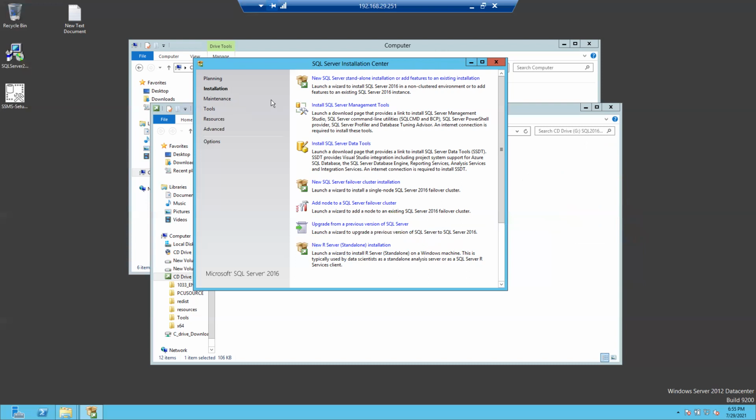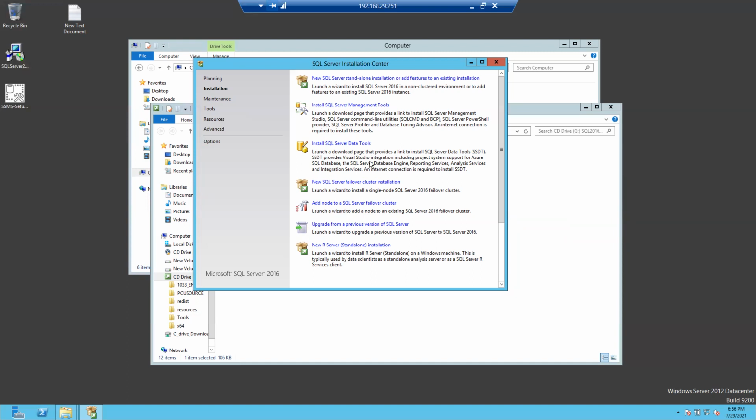So one question. What's the difference between the management tools and data tools here? See, management tools are related to which a client can connect to the server. The SQL Server data tools are related to MSBI, Microsoft Business Intelligence.